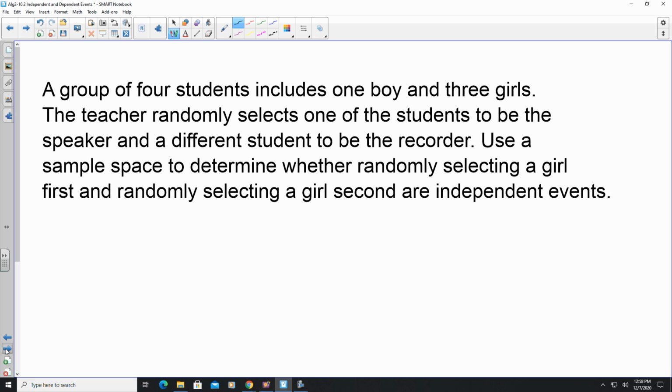So to write this as a sample set, if you looked at it in the sense of permutations, where you have four students in the group and you're trying to figure out the order where one's a speaker and one is the recorder, it comes out to a value of 12. And we'll look more at permutations later on in the chapter, but that's how I saw it originally. But we can make a list